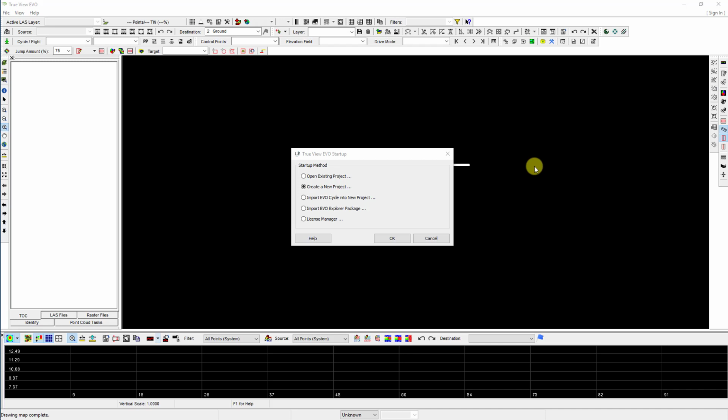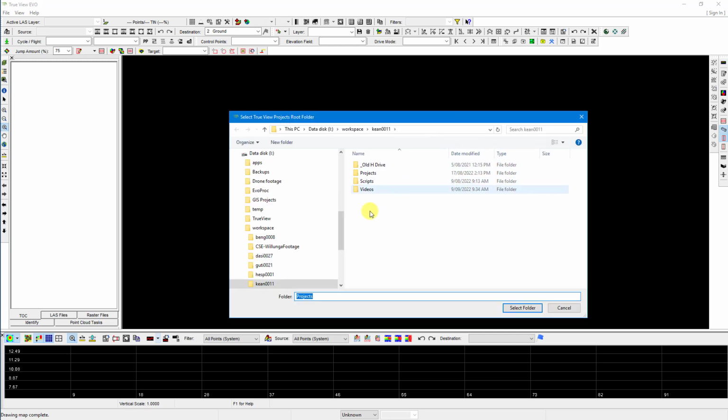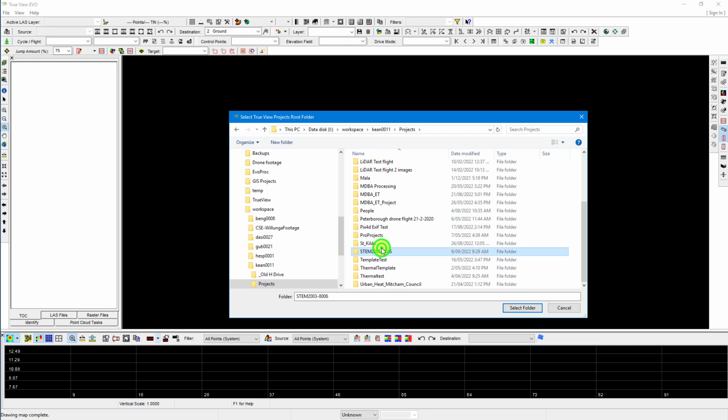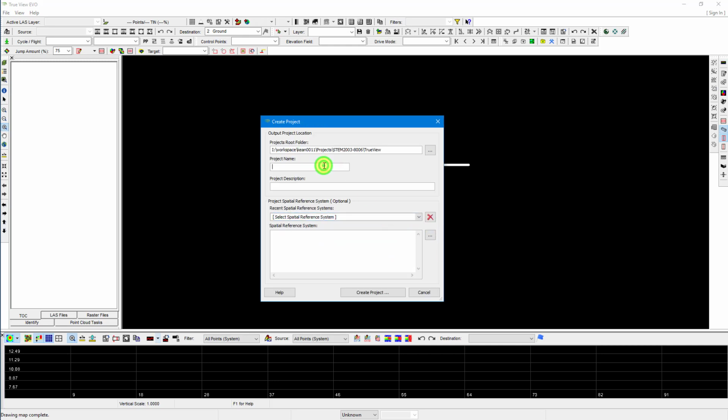So now that we've made sure that we've got all the files and data that we need in order to process our project, let's start by creating a project. So I need to give it an out location. So in this case, I'm going to put it into my TrueView. So I need to give it a name. I'll call this one Clip Face, and give it some sort of